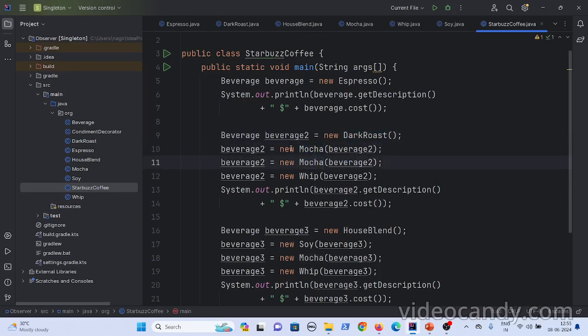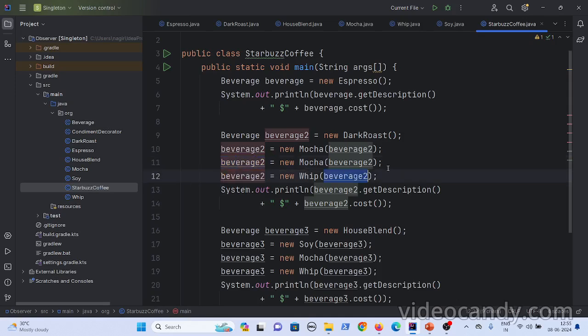So first you have done new mocha of beverage. Here beverage is dark roast, okay. Now this beverage variable has dark roast that is decorated with mocha, okay. And then you pass it to mocha again. So here you already have dark roast plus mocha, you want to decorate it once more with mocha, and that is assigned to this variable.